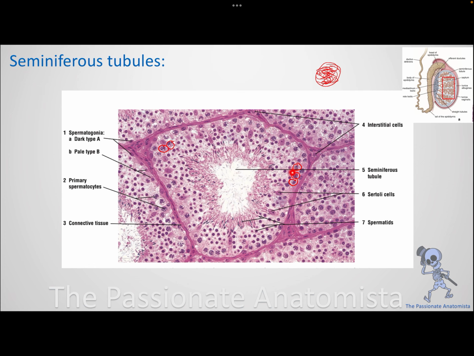If you have a cell that gives you the stringy appearance of the chromatin and of the nucleus, that's going to be your primary spermatocytes. Okay, and then as you proceed to the luminal side, you get to see your sperms or spermatozoa. If you see a circle that looks like an ink spot, this is actually your spermatids. Okay, so I hope you now have an idea on how to identify